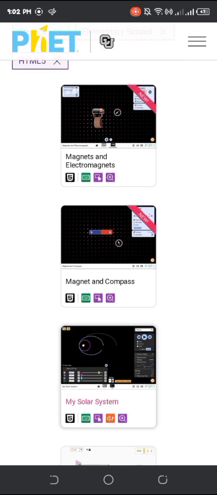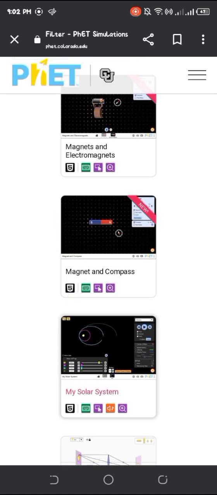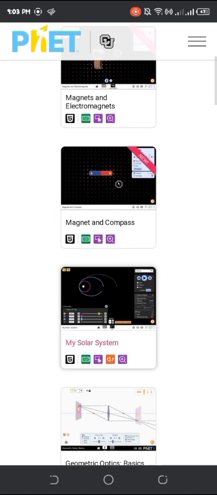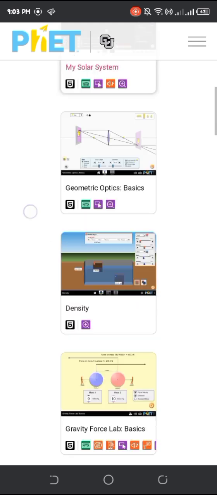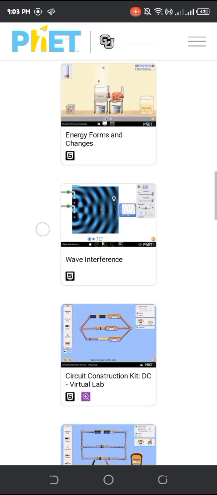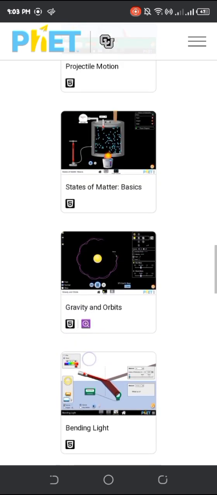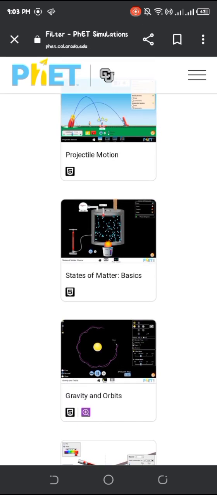These are the games or the simulations that you can access, like magnets and electromagnets, magnets and compass. You can explore this. It has so many choices that you can explore.